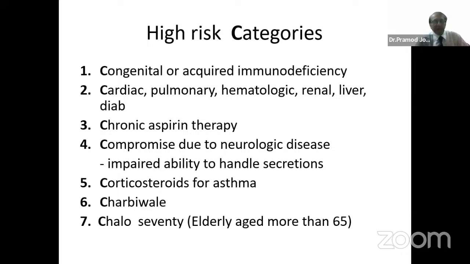I have written it charbi wale. Charbi wale obviously means obese. And then those who are approaching 70, chalo 70. So these are the elderly more than 65. So all those clinicians who are in the audience who are above 65, remember you are in the high risk